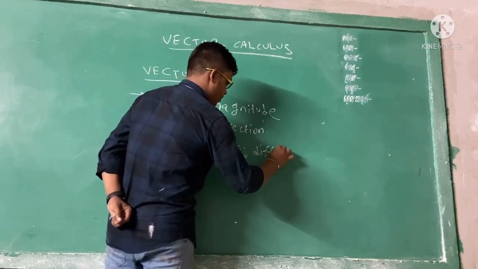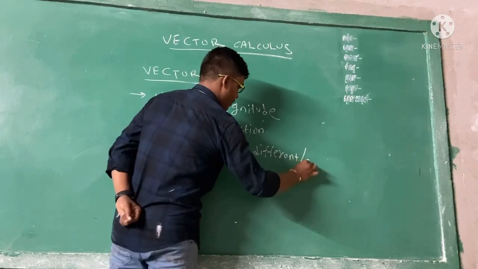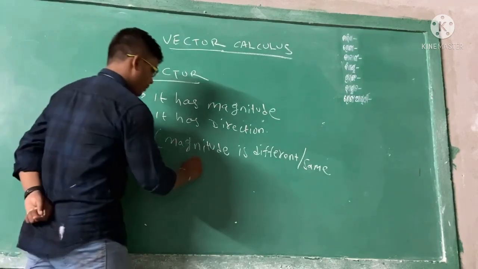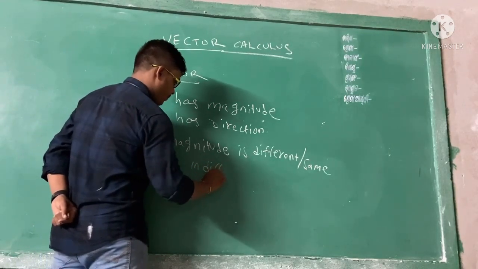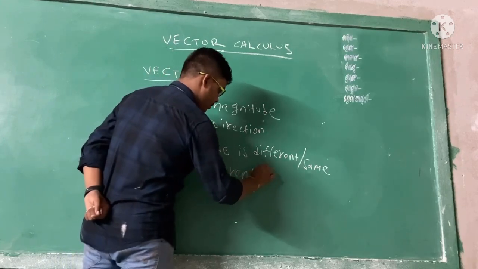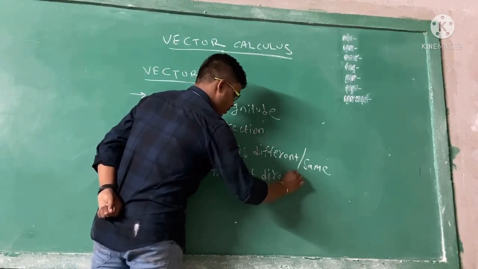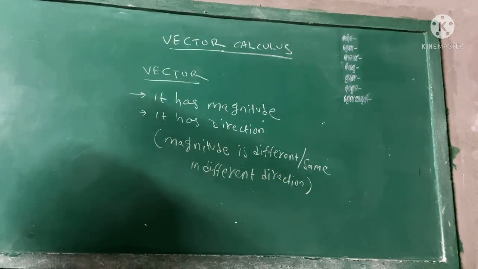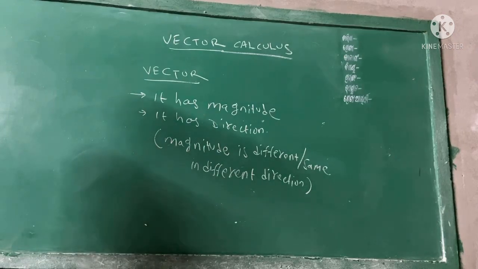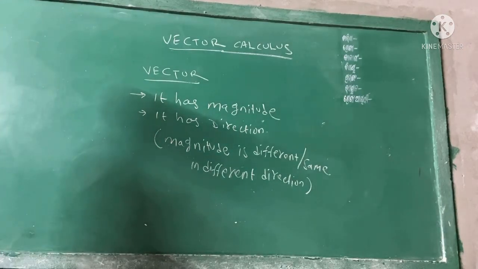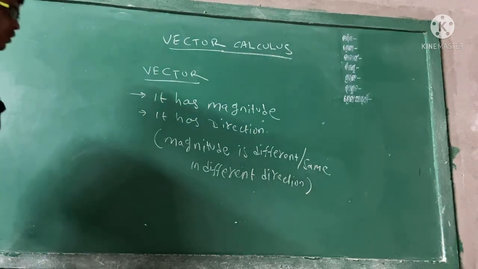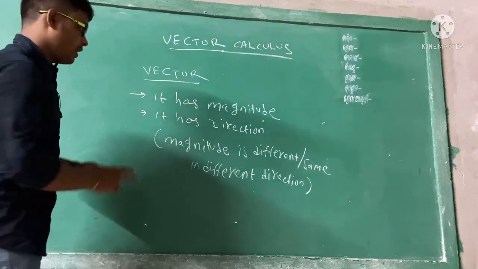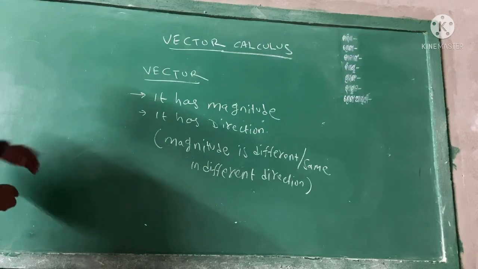I will help you. So what is the vector? It has magnitude and direction. That means the magnitude is either the same or different. So we will discuss that different case, but this magnitude may be the same. This magnitude may be the same, but we will discuss the difference in different directions. So the magnitude is different in a different direction. Magnitude means the value of a quantity. Suppose we are going to the market and take 5 kg. So 5 kg is the magnitude, and we will discuss how a vector is represented and how you calculate its